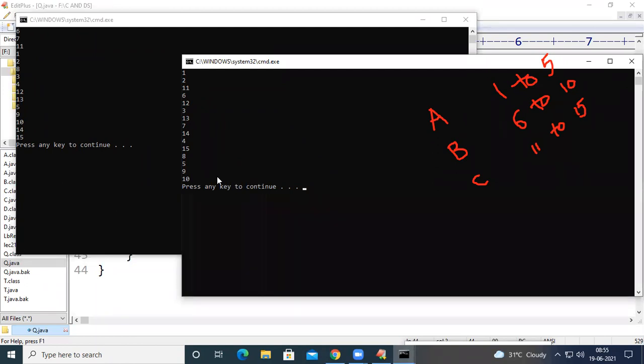And if I run the program again, I may get a different output, because the CPU is not only for your Java program. The CPU has to take care of the entire computer running, right? It has to run the operating system in the background, and it has to run the application software in the front end.